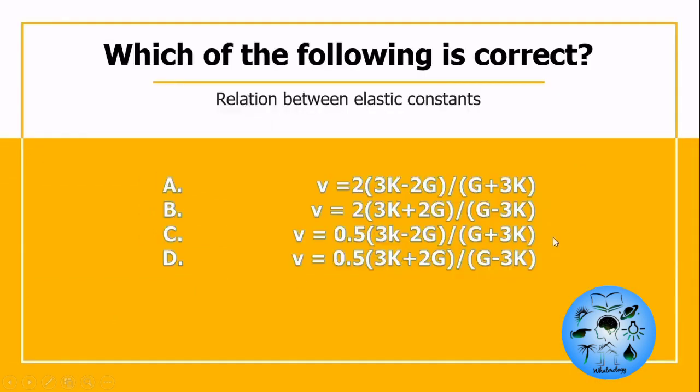Suppose we have a question like this in our examination and we don't remember any of the formulas. What we can do is take the values which we remembered in the last slide and put these values in either the LHS or RHS. So here we will put it in the RHS. After putting the values of K and G, we will get a value of nu. If you do it on your calculator, you will see that option C is correctly matching with those values. You can check it on any questions which came in last year's GATE or IAS.